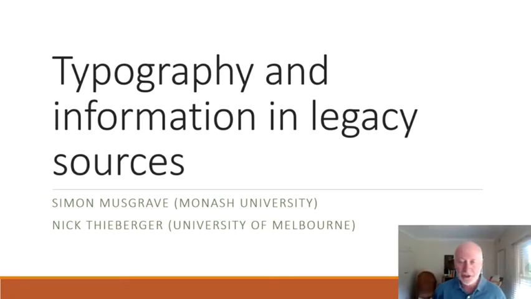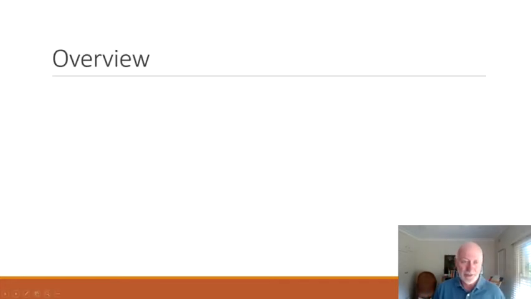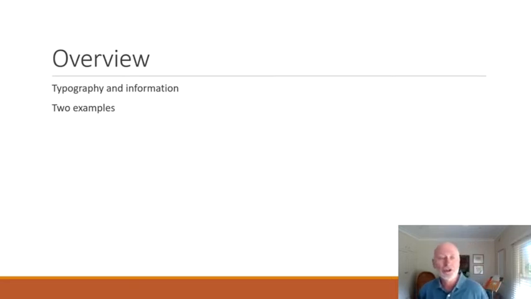In this presentation, we're going to talk about a technology which can be used to recover typographical and layout information in OCR, and therefore recover the information that's encoded by typography in written sources. We'll briefly talk about the kind of information that is in fact encoded using typography, taking typography in a broad sense. We're going to look at two actual examples from our own work on language documentation materials, and then introduce